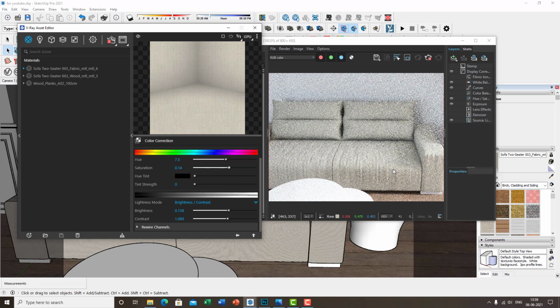So I've got that. But I'm still not happy with the material because I want it to be a little more silky. I want it to have a bit of reflection. I want it to have a bit of velvet touch to it. So how do I do that? So once that's done,